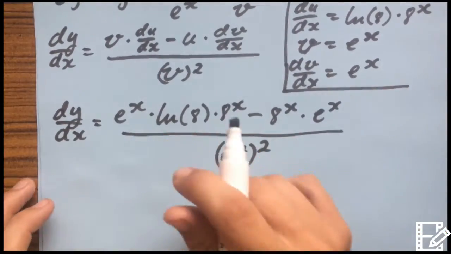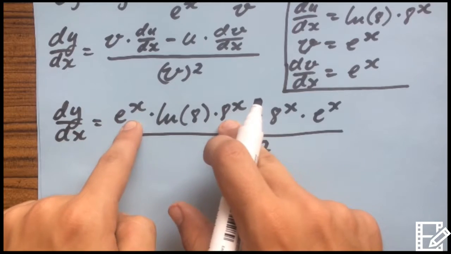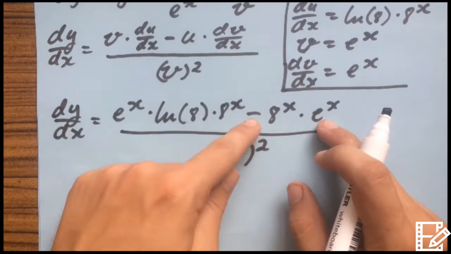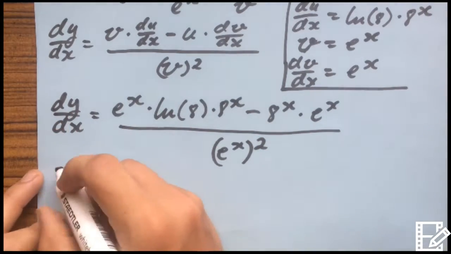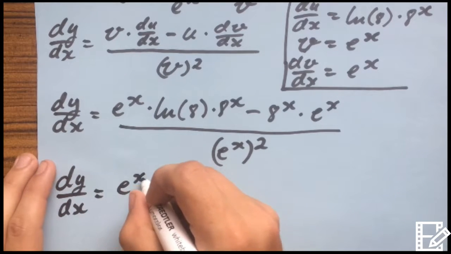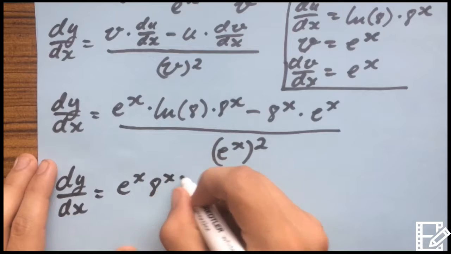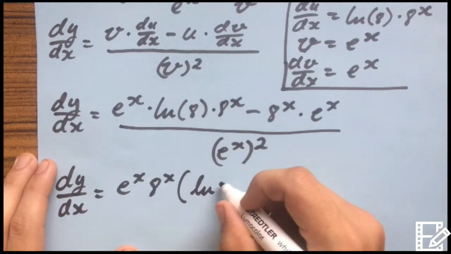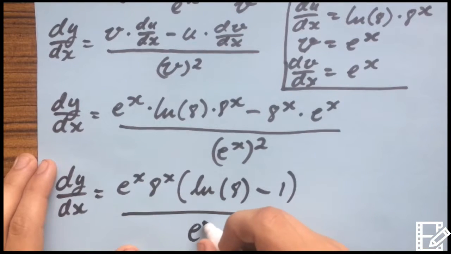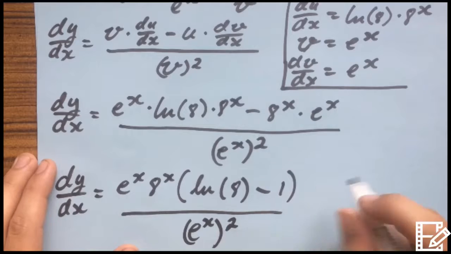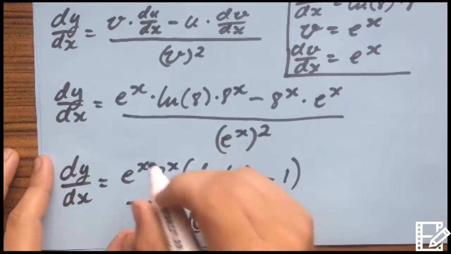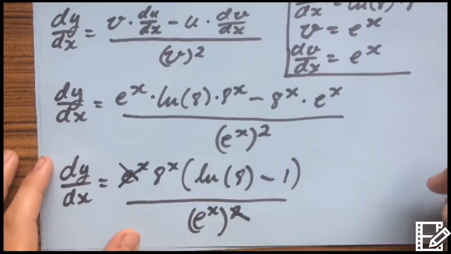If we were to factor these, because we have an e to the power of x and an 8 to the power of x multiplied to either side of the minus, we can factor them out. Giving us e to the power of x multiplied by 8 to the power of x, bracket ln of 8 minus 1, all over e to the power of x squared. Now we can take it a step further, cancel off the squared, cancel off the e to the power of x,